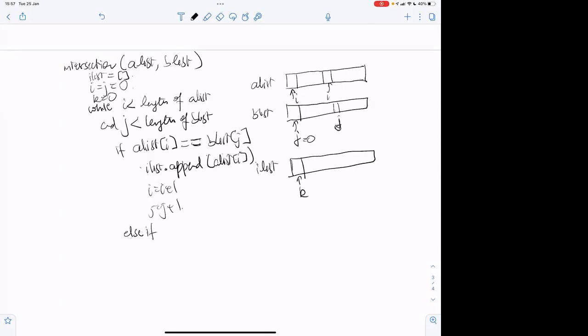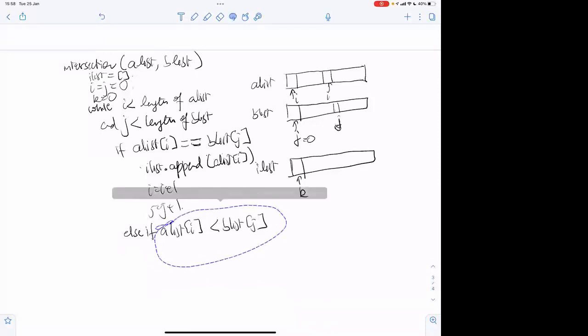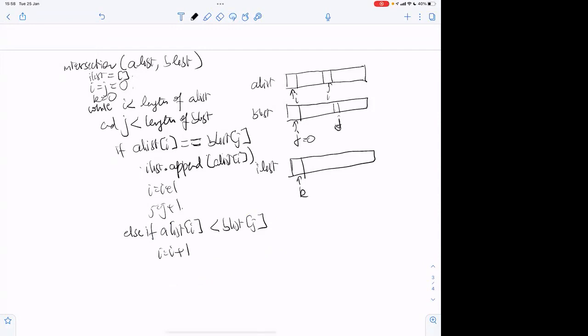Else if A list I is less than B list J, correct? Then what do you do? You just increment I. That means you are ignoring the ith element and moving on. Else finally, J equal to J plus 1, correct?